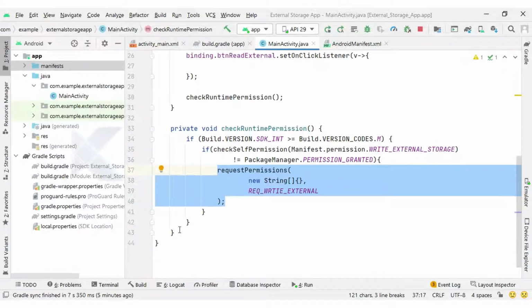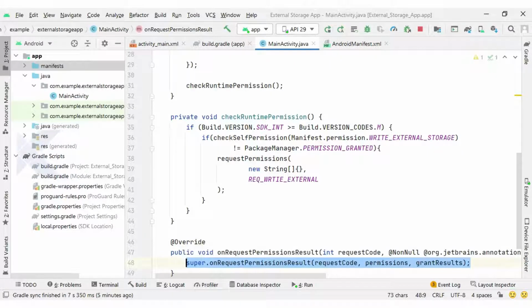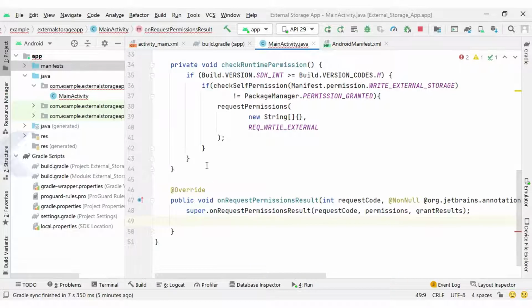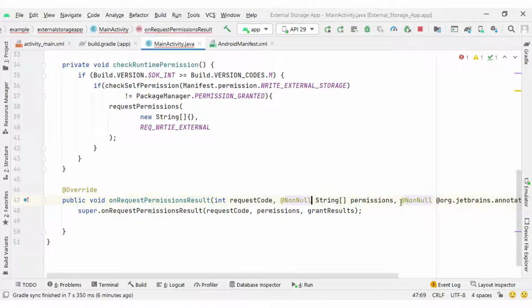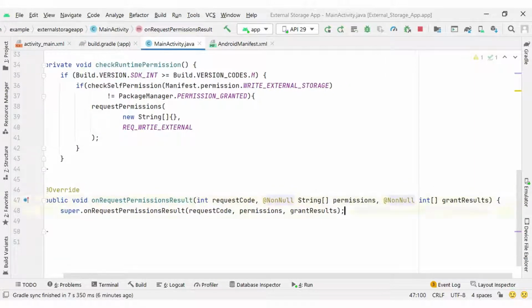Next we need to override the onRequestPermissionsResult method. On request permission result method we can override, and it will confirm the result, whether the user allowed or denied. So you can see what code we can write here. Before that, let me remove this NotNull annotation. Okay, so we have removed the NotNull annotation, and inside this method you can see we will get the